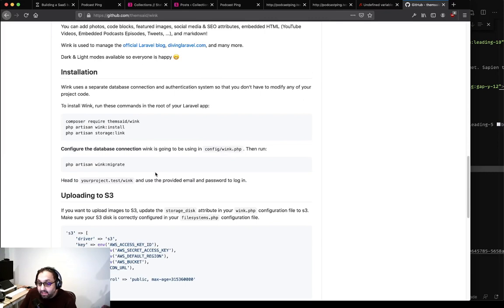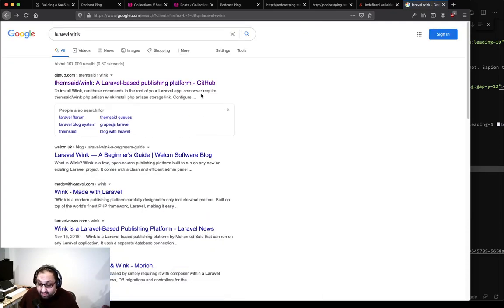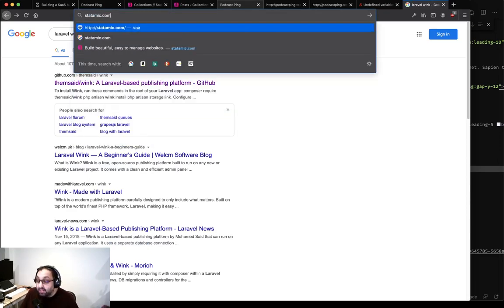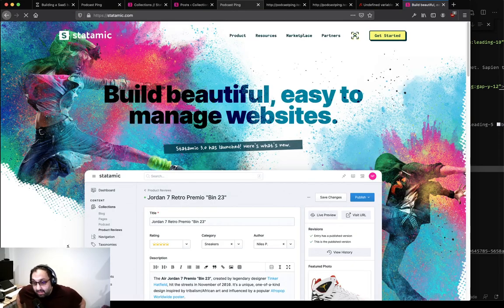For Podcast Ping, I think I'm going to want to do something a little more elaborate with the fields and categories, because I want to write a lot of stuff about uptime and monitoring and podcasts, and I want that all to be very easily findable. It's not just a simple listing. So rather than use Wink again for this project, I decided I was going to use Statamic, which I had a hand in creating many moons ago,